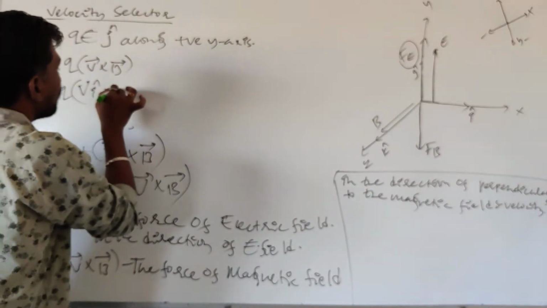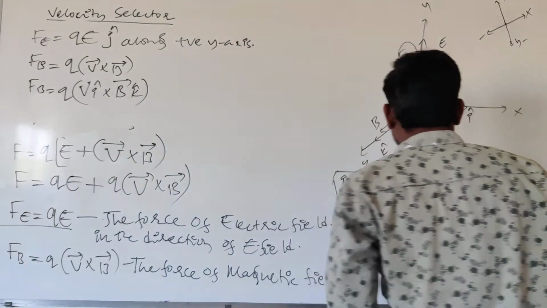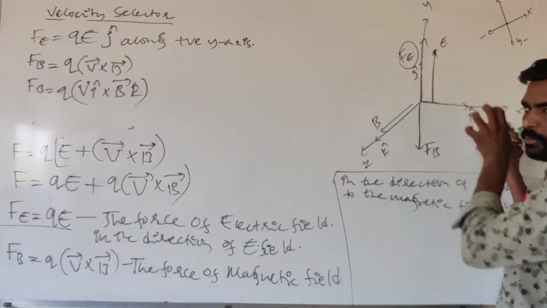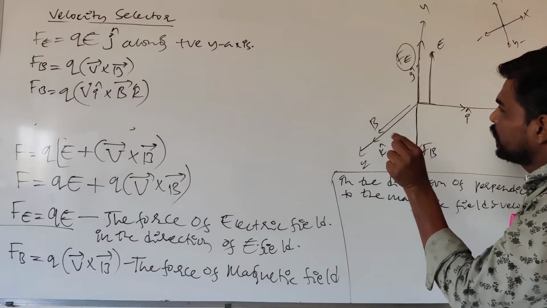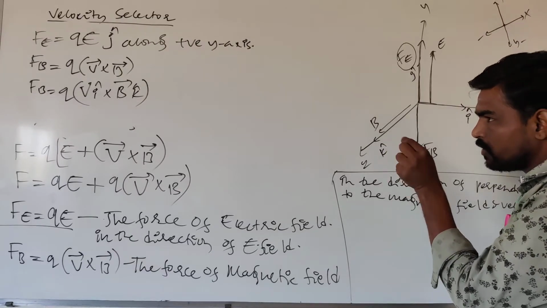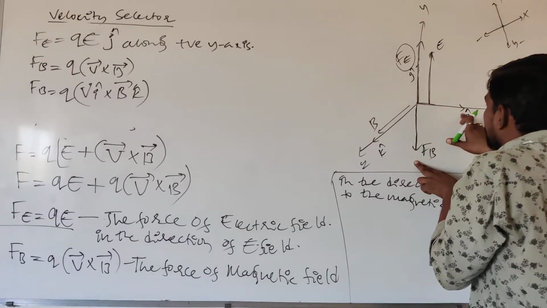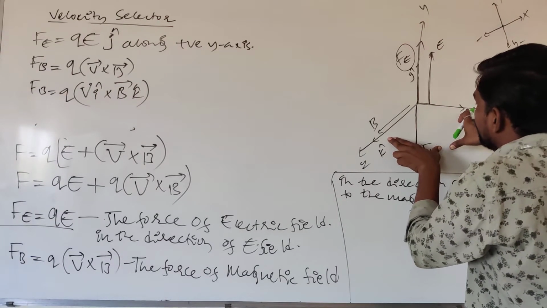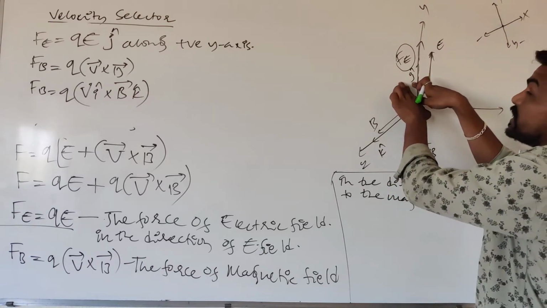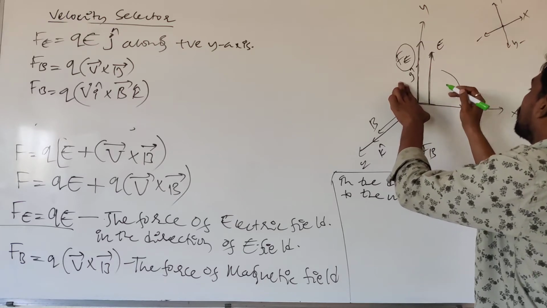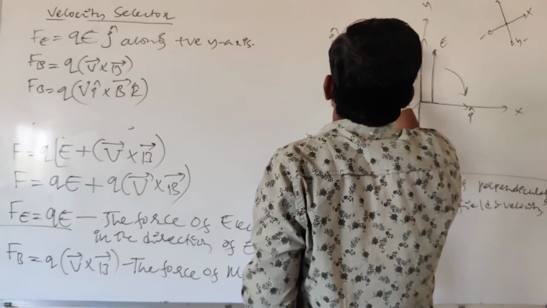This is I cap, K cap. How do we make them perpendicular to each other? Here we have V cross B. What do we take it as? We take I cross K, because I cross K is perpendicular. I cross K becomes J. Clockwise direction, I cross K is equal to minus